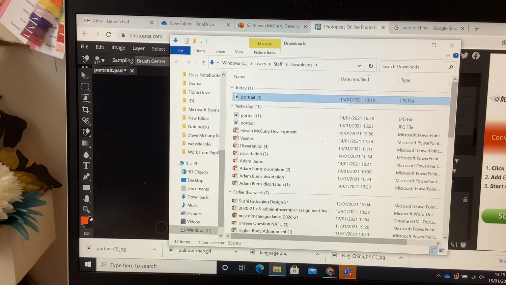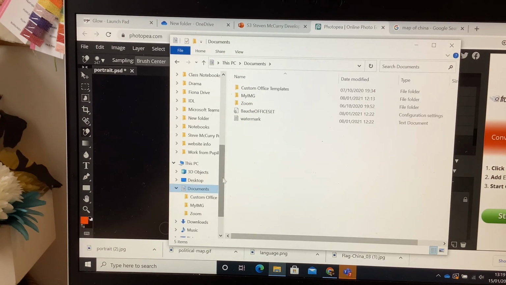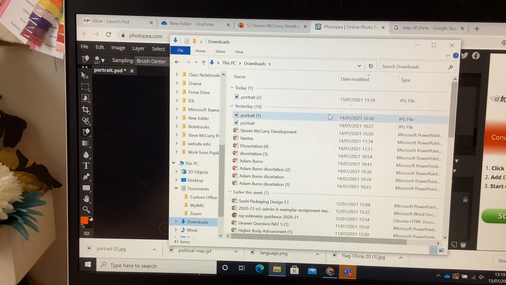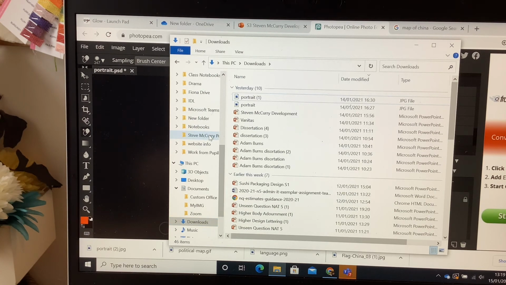Now it's gone into what we call the download folder, okay? And along the side here, I have all my files. Now it might be slightly different on your PC or on your tablet, but you can just work it out. So if I go into my downloads, you can see there's my portrait there, and there's my folder I want it to go in. So if I just right click on that, I can drag that into the file that I want it to go into. Okay,